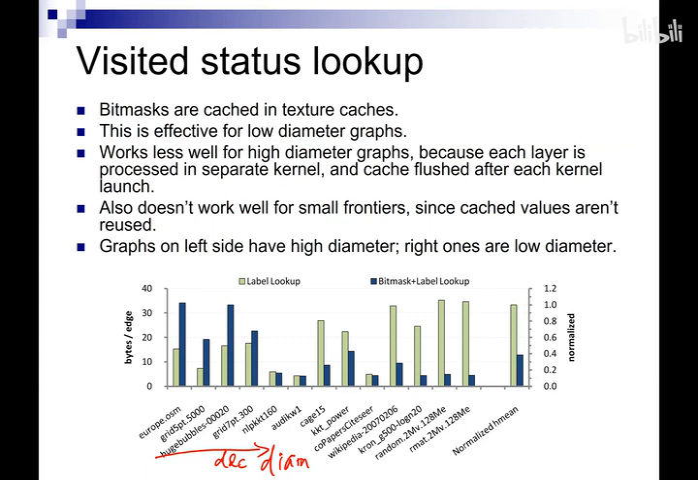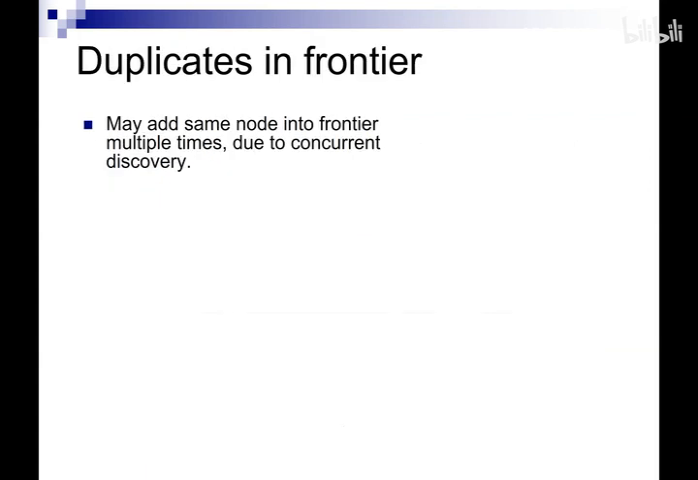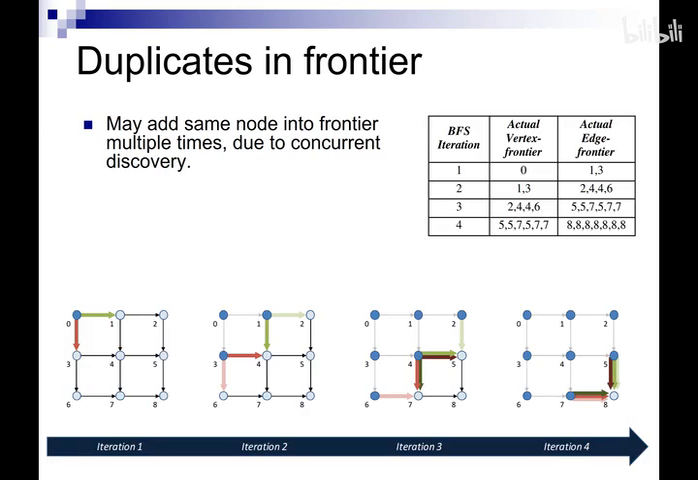Okay, so in general, it pays to have both the bitmask and the label. It's a good idea. Okay, so this is how you can make looking up the visited status more efficient. So the next thing is we have this issue about duplicates in the frontier, in the next layer of the BFS. Okay, and to give a concrete example how this can happen, so suppose you have in the first iteration